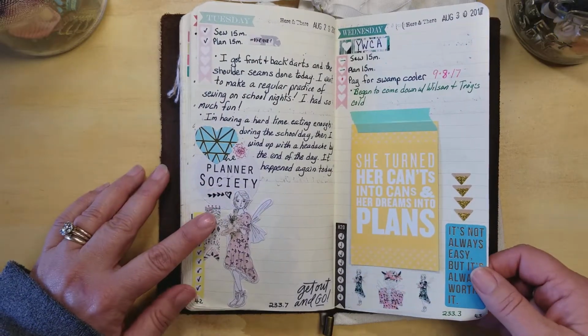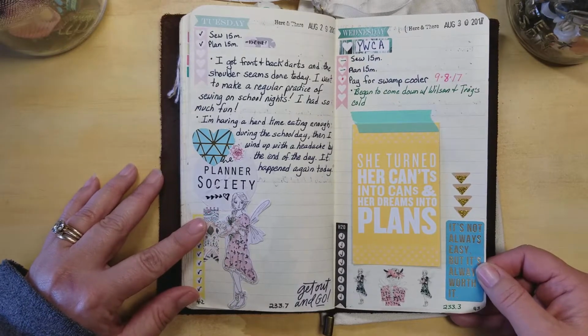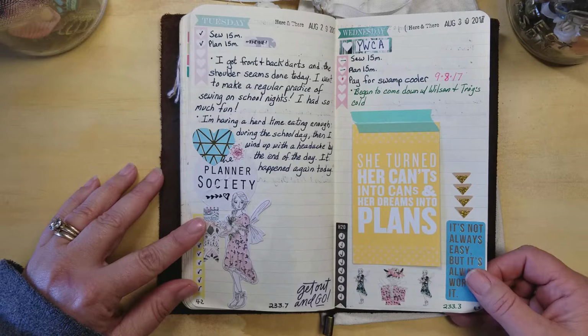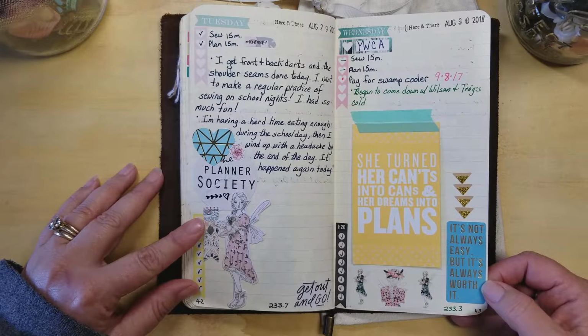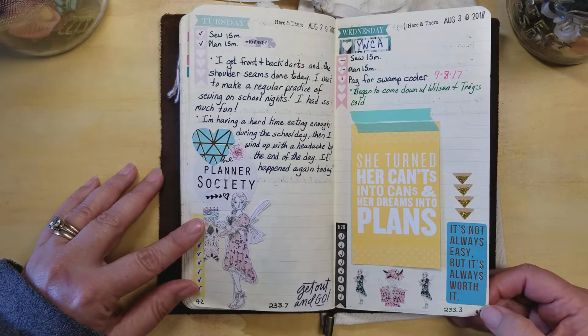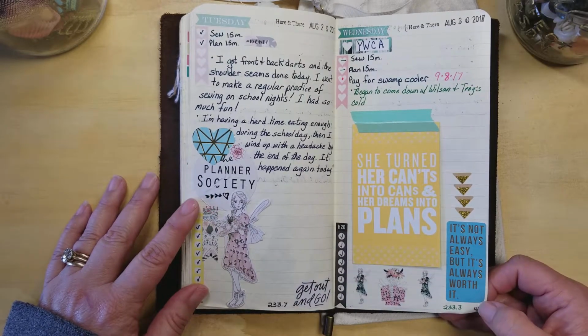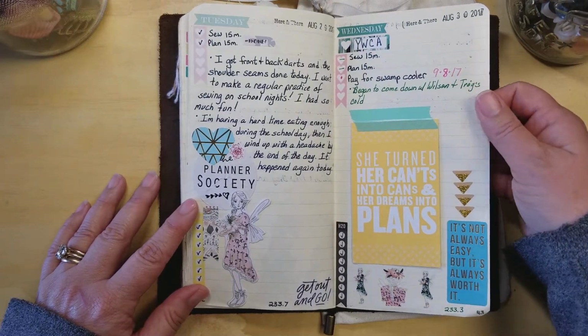All of these motivational things come from a Mambi sticker pad. They're a great value. You get hundreds and hundreds and hundreds of stickers. They sell for $19.99. I always get them on sale for half price, or I buy them at Tuesday Morning. And they're always